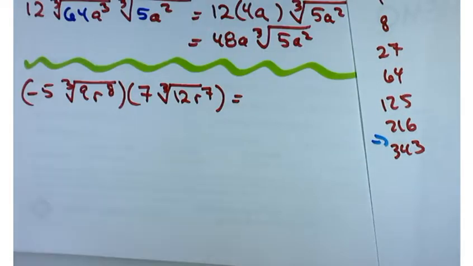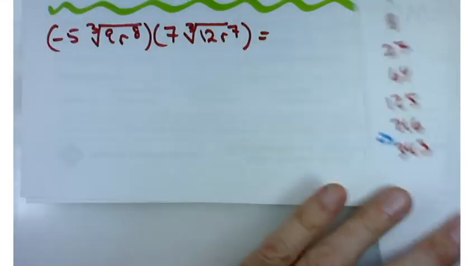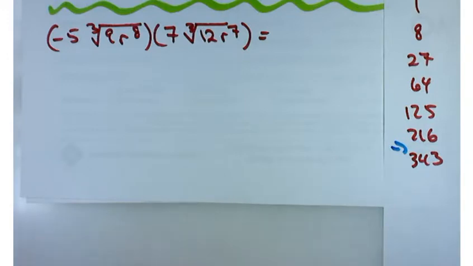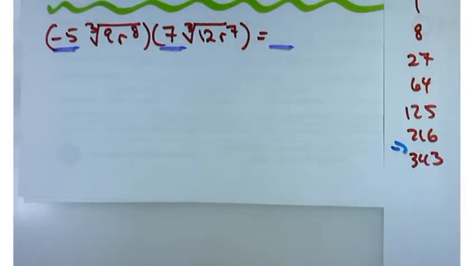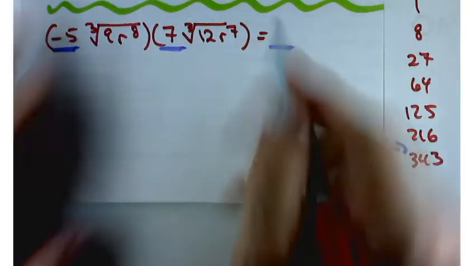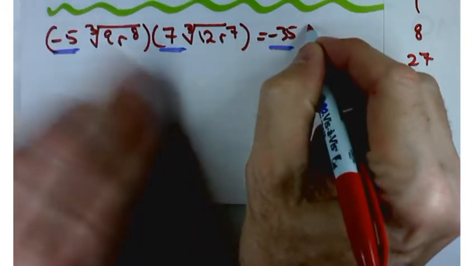Okay, so let's look at this one. First things first, the stuff on the outside multiplies together, so negative 5 times 7 gives me negative 35. So let's get that up there. Negative 35. And then the cube root,